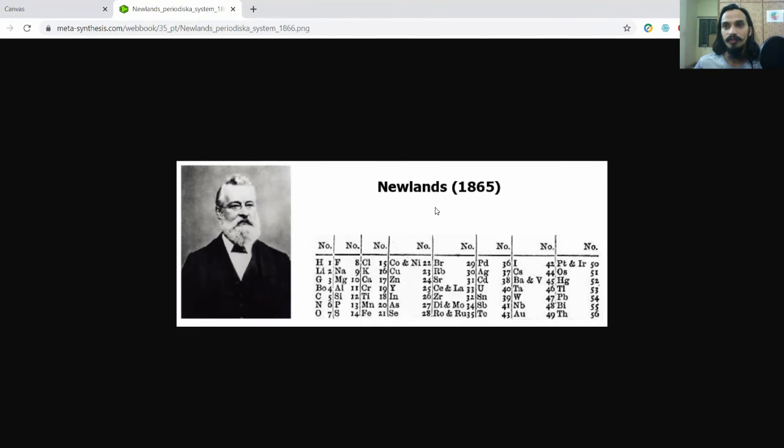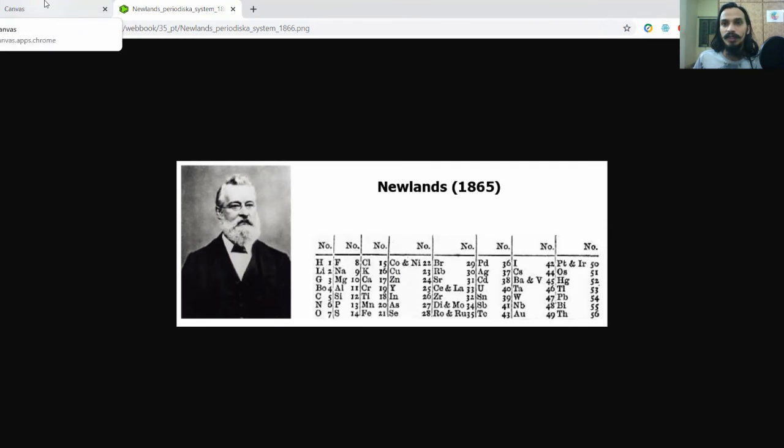Obviously, because there are some problems, people did not accept Newlands' table, so we do not actually follow this table. To rectify this, other scientists made other forms of tables. But he is the first person, like I mentioned, to try to put a numbering to each element. This is called atomic numbering. Although his numbering is wrong, you'll see that atomic numbering is something that comes ahead. So this is one key point to take away. He also tried to put things in ascending order, which is something new that was not done before.